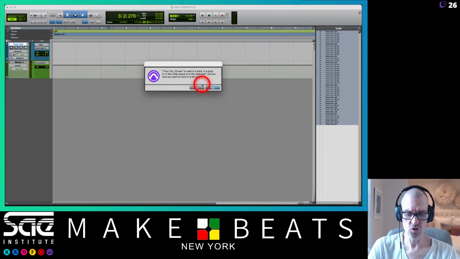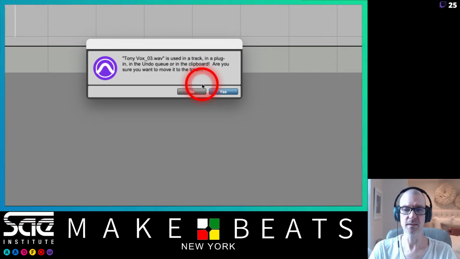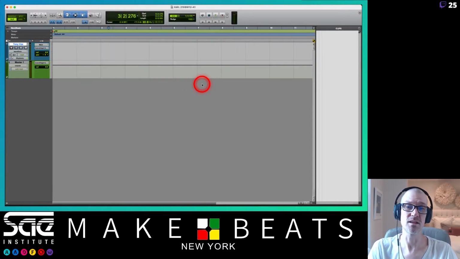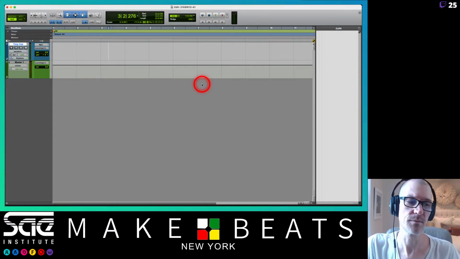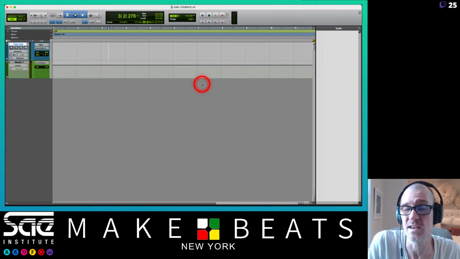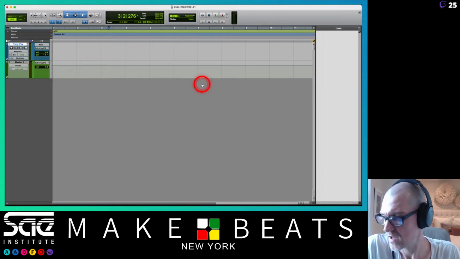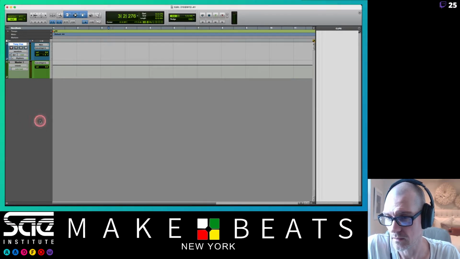This says it's used in a track and a plugin in the undo queue or the clipboard. That's going to happen. It's going to say that especially because it's probably used in the undo queue. If it's something that it can undo, it's gonna give you a warning about it. So usually you can just hit yes, go ahead and get rid of it, and you're fine. So now if I go look at my trash can on my Finder here,